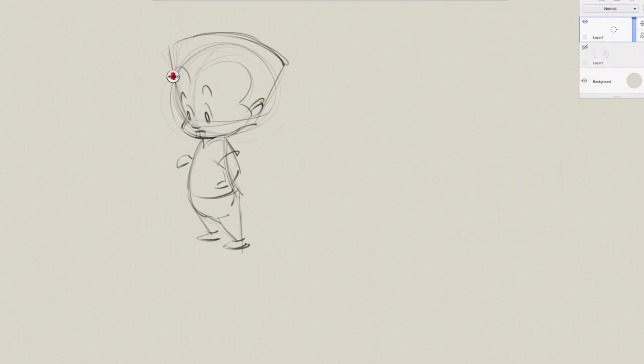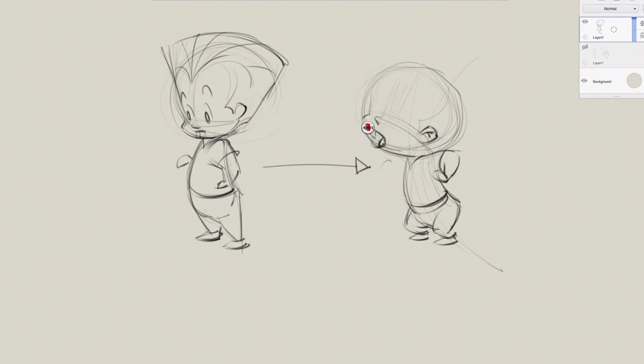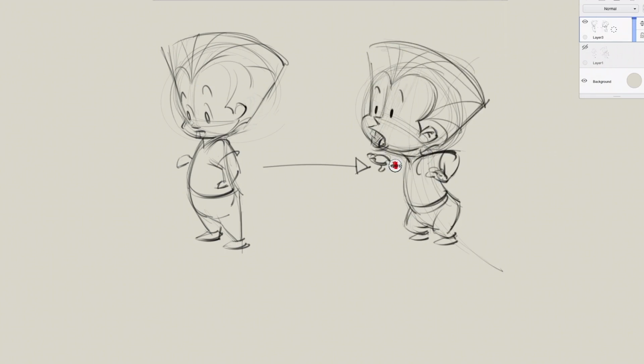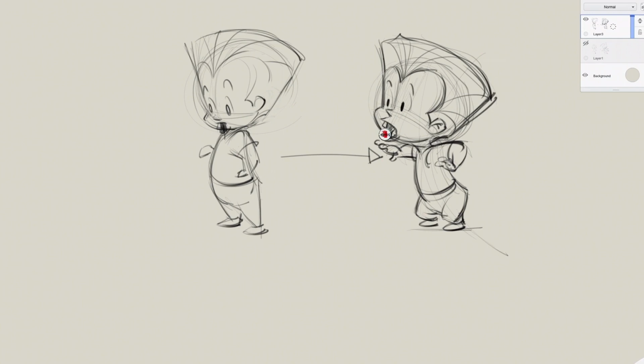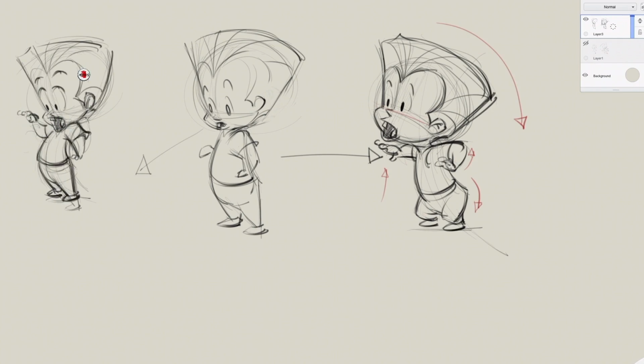Now we've got a 3/4 shot here. He's looking off screen left, and then I do one where I'm trying to make him more exaggerated, more surprised. I bring the arms up. Then I do another one where he goes the opposite direction. His head goes back, he brings that arm up, and it's just more exaggerated.